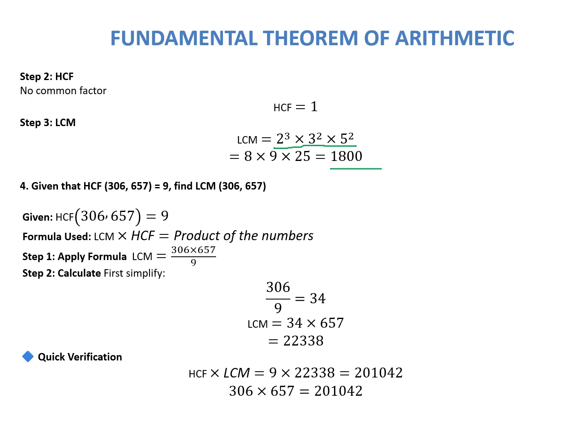Now another question: given that the HCF of 306 and 657 is 9, we have to find the LCM. So we have to apply the formula HCF into LCM is equal to the product of the two numbers. We have to find the LCM. That is what we'll do. We'll multiply the product of the two numbers and divide by the HCF. So our two numbers are 306 multiplied by 657, and then we'll divide by 9 to get the final answer